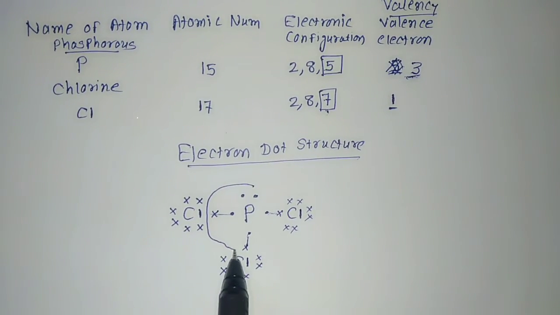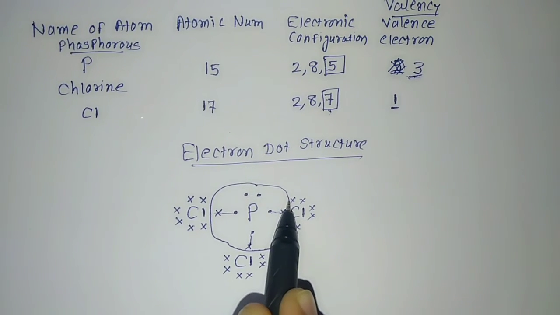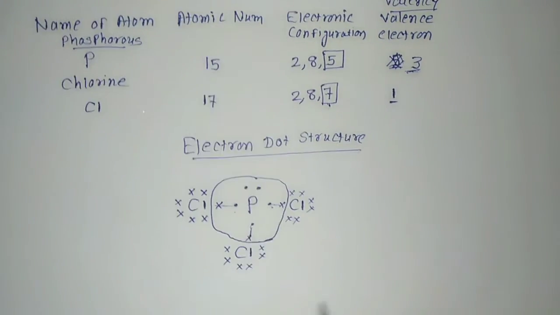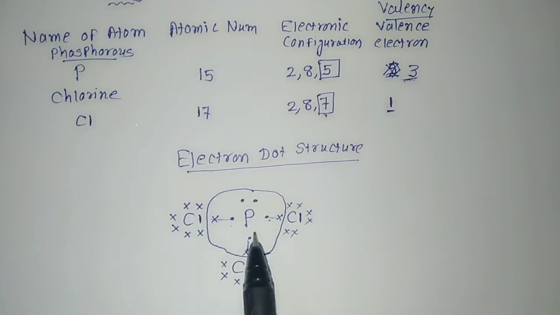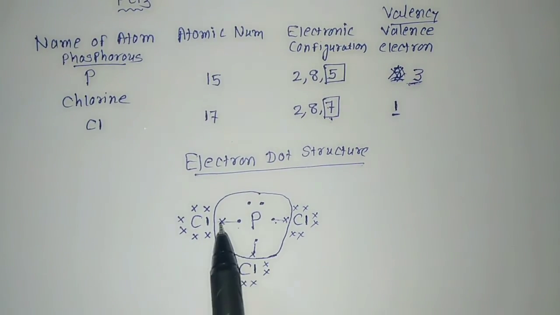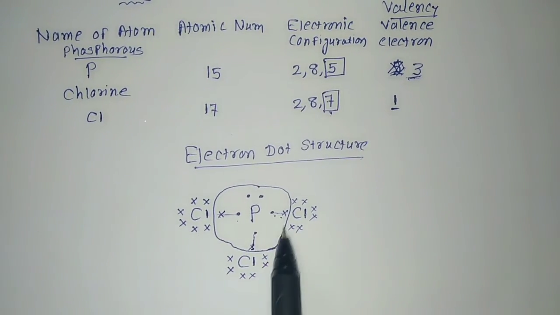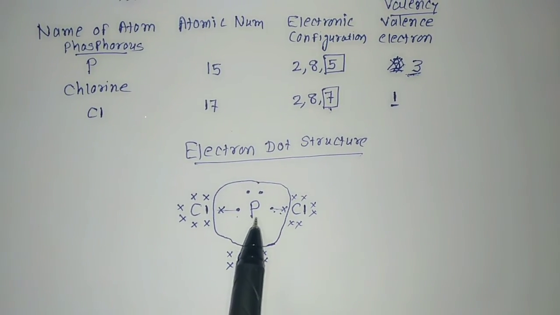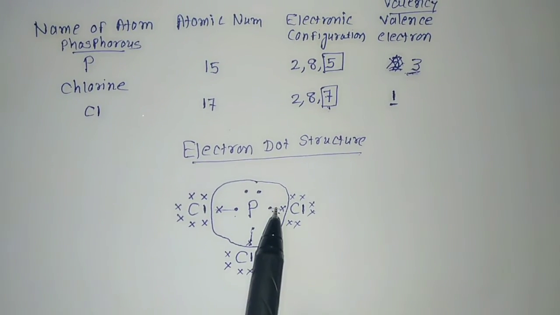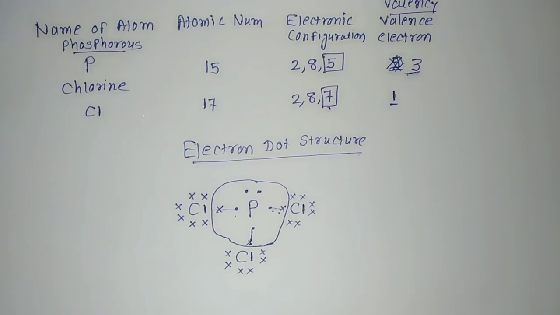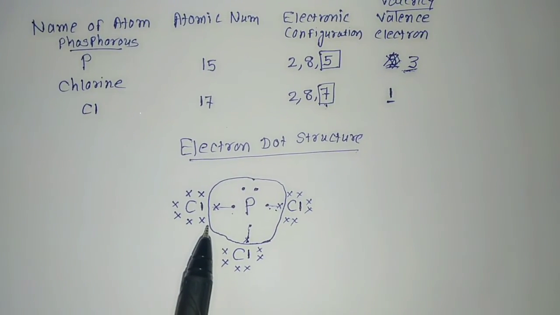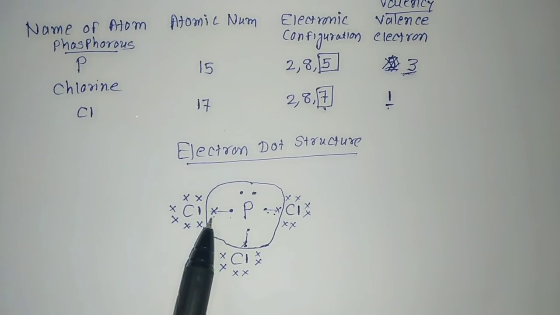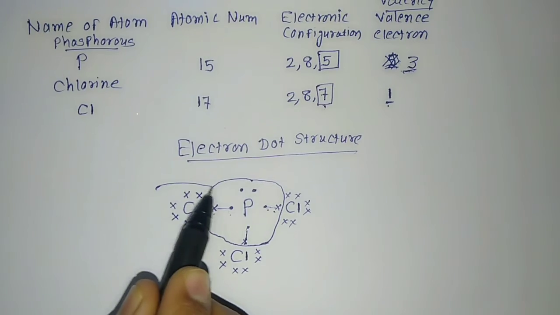I will draw this, in which you will see 8 electrons around the phosphorus. It already has 1, 2, 3, 4 and 5 electrons. It makes bonds with 3 electrons of chlorine, that is 6, 7 and 8. So this circle has 8 electrons completed. Now if you are talking about chlorine, it wants 1 electron as its valency is 1. So 1, 2, 3, 4, 5, 6, 7 its own and 1 with the phosphorus.